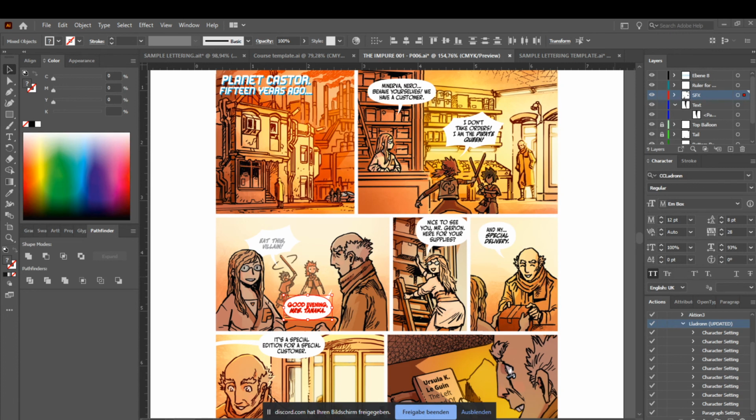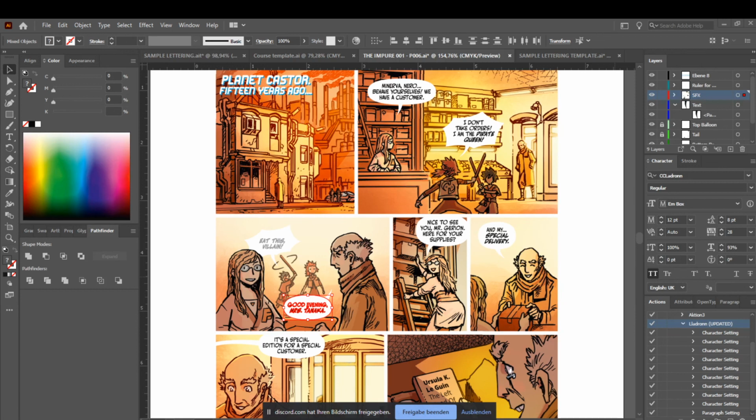Having vectors makes the printing quality much better. And also if you translate it into different languages or change the size of the book. If you find someone who wants to print your book in a different language and they get your files and you have everything in vectors, they can just change the size of the whole thing without any big adjustments. That's also possible with Clip Studio Paint, but